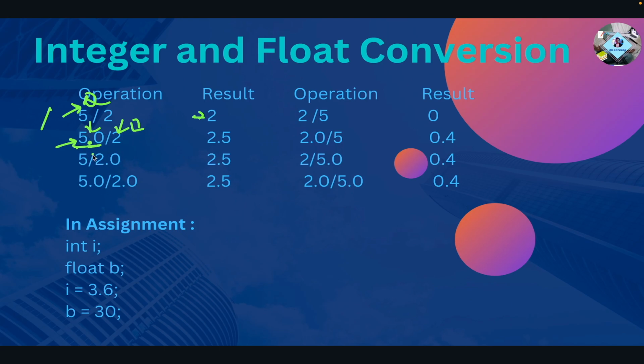So if there is a float, then the result will be float. If they are both float, then the result will be float. But if both are integer, then the result will be integer. There will be no 0.5 because both are integer, right. Here you can see the quotient is 0, because 0 times 5 is less than 2, means 2 is lesser than 5. Here also